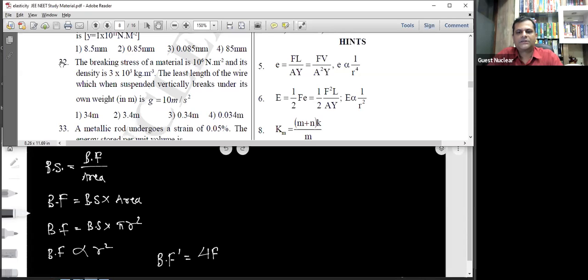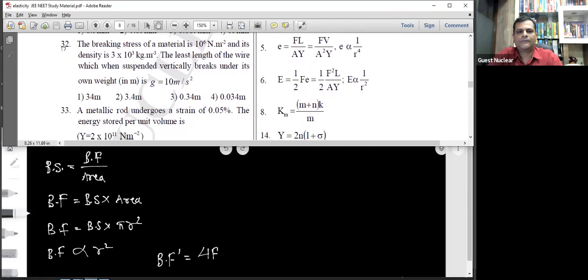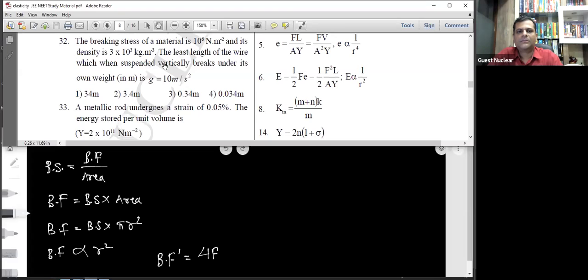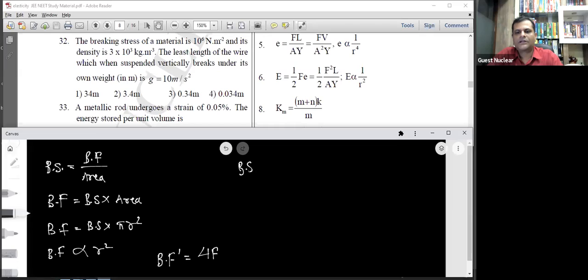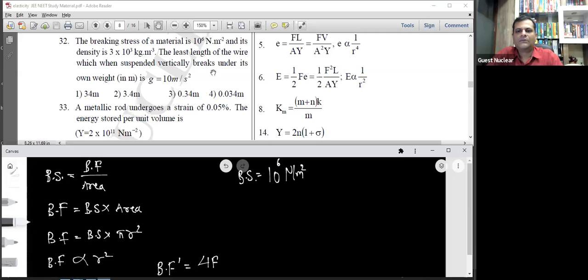थर्टी टू वाला देखो ठीक से, क्वेश्चन नंबर 32, जस्ट रीड इट फास्ट। द ब्रेकिंग स्ट्रेस ऑफ अ मटेरियल इज, देखो मटेरियल का ब्रेकिंग स्ट्रेस दिया हुआ है यहाँ पे, दैट इज 10⁶ न्यूटन पर मीटर स्क्वायर। मतलब जब इतना स्ट्रेस वायर के अंदर प्रोड्यूस हो जाएगा तो वायर ब्रेक हो जाएगा, इसको बोलते हैं ब्रेकिंग स्ट्रेस।